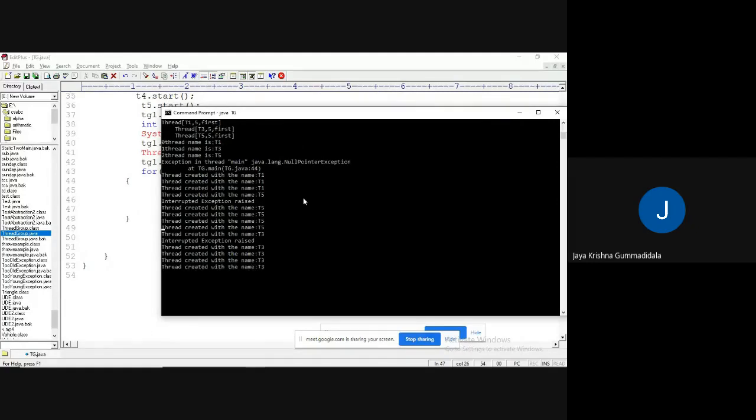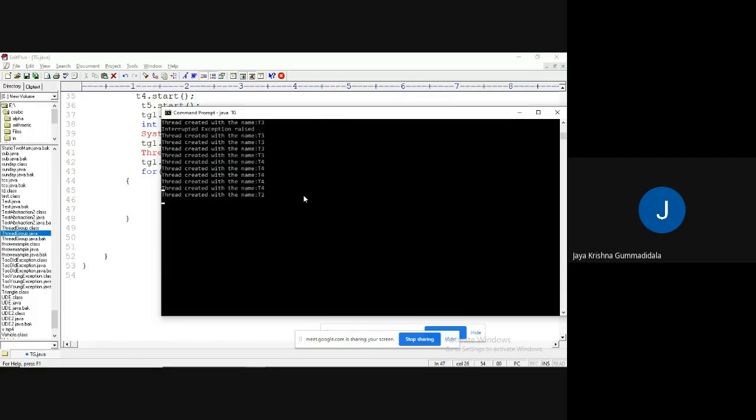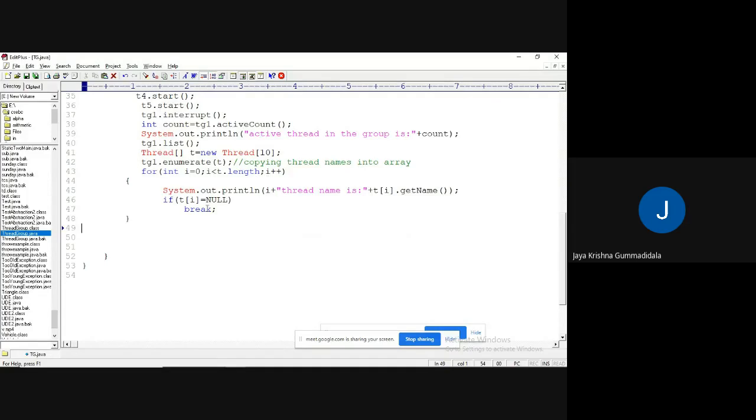Executing. Observe what happened: thread cannot be converted to boolean. Yes.